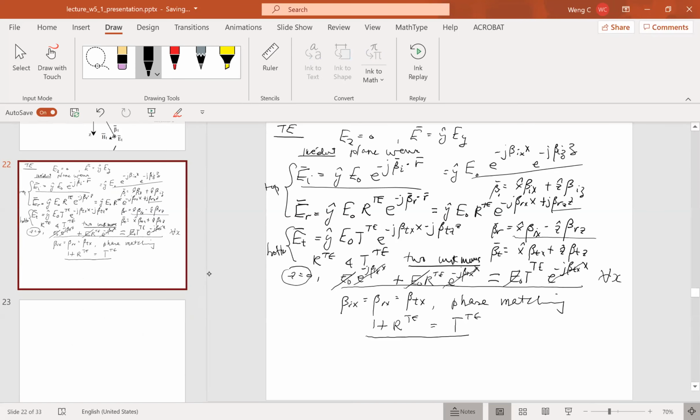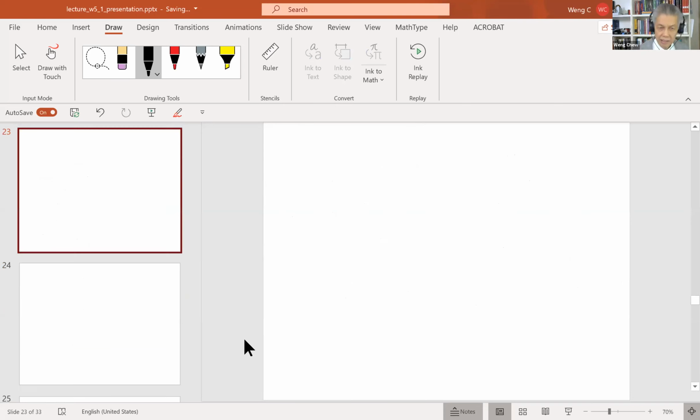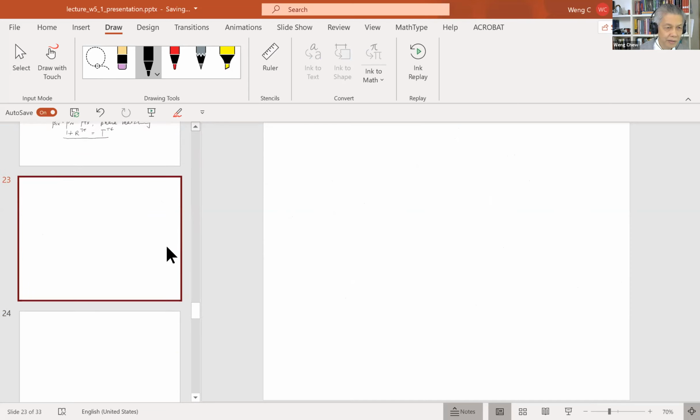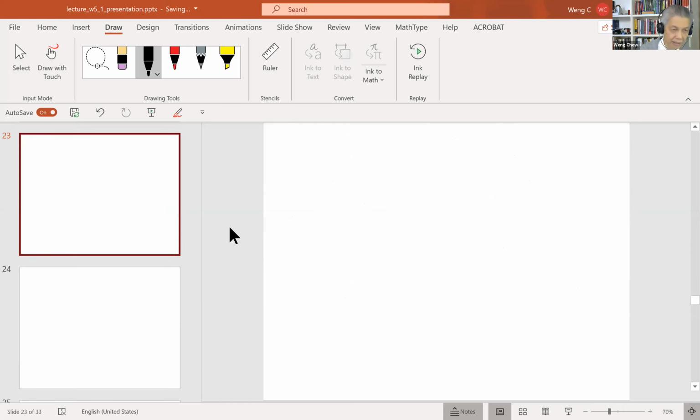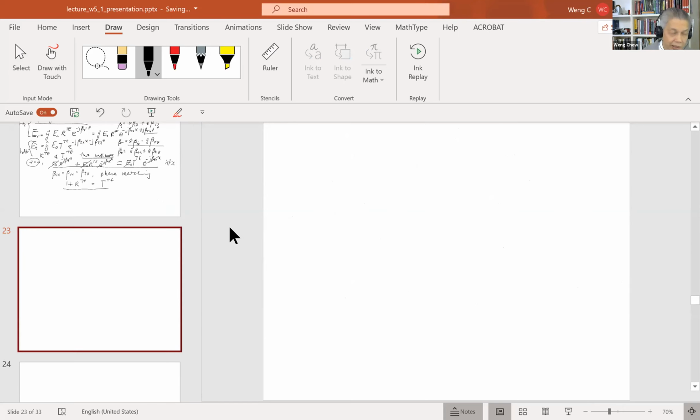Anybody? The normal component of the magnetic field should be continuous as well. You're correct, but that is not the right one. Maybe we should go back. Okay, we went through boundary conditions. We went through Faraday's law, and then we have Ampere's law, and then we have Gauss' law, and then we have Gauss' law for magnetic field. Each of them